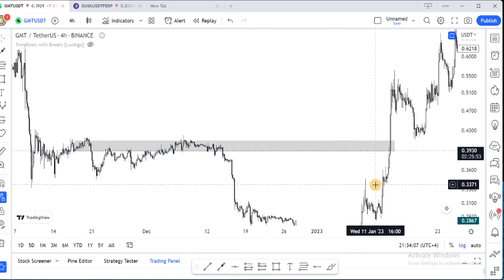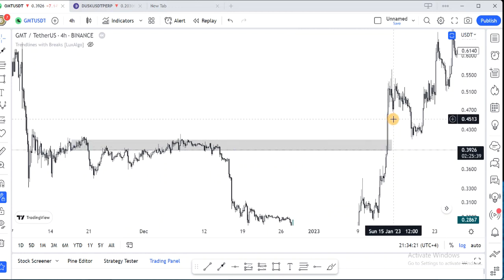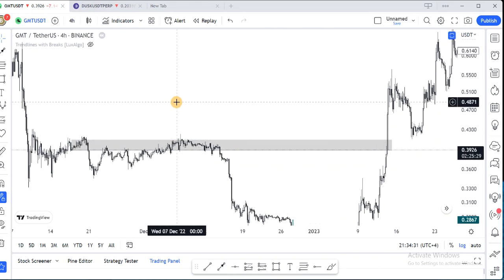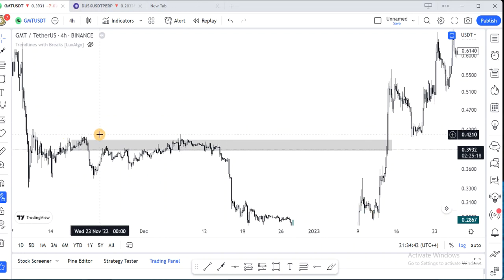I told myself that this GMT will have a breakout from this level. And once the breakout is confirmed, then we enter long. Guess what? What did I do? If you want to trade this particular trade, all you need is to put your time frame on a higher time frame. Don't use a lower time frame. Put on a higher time frame like 4 hour, 1 hour, and 1 day. Then mark out the structure. Okay, mark out your structure, your resistance, and your support.